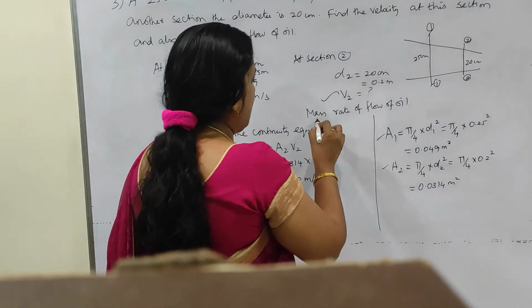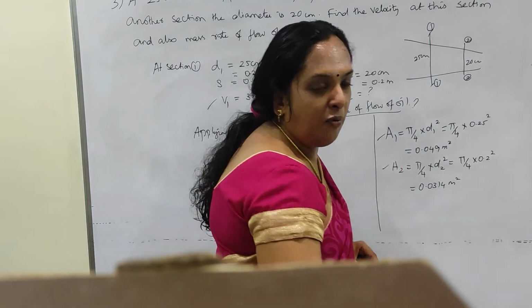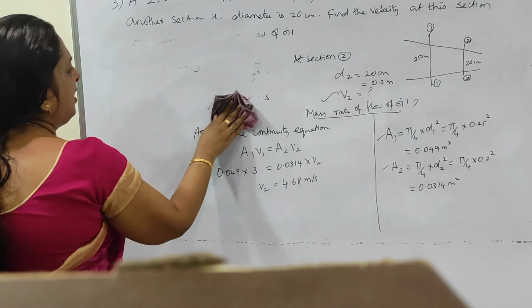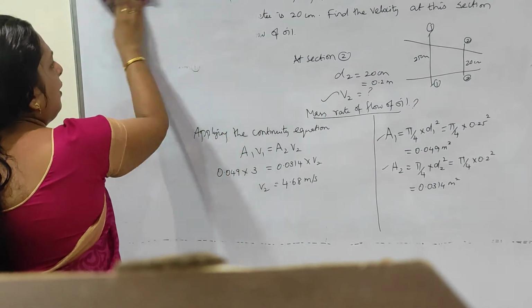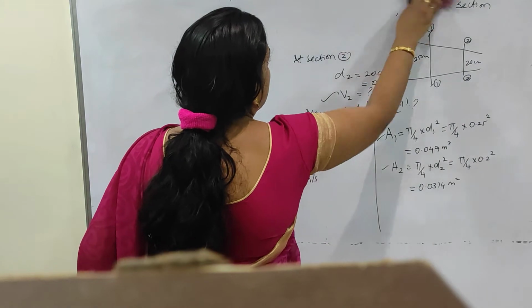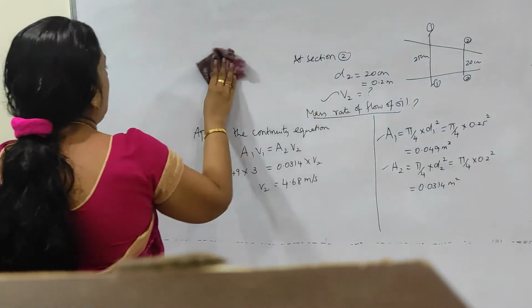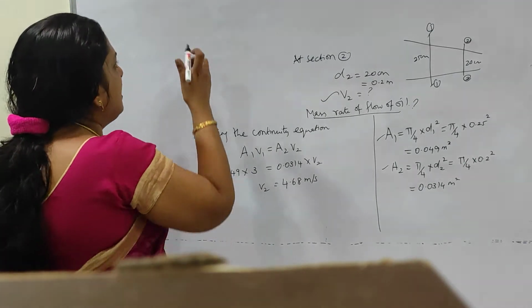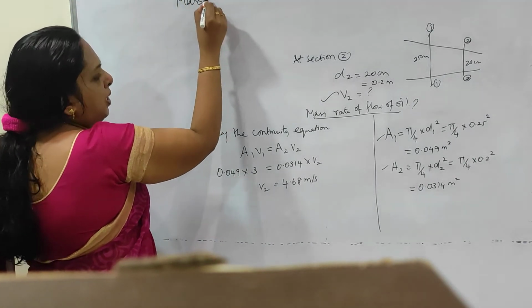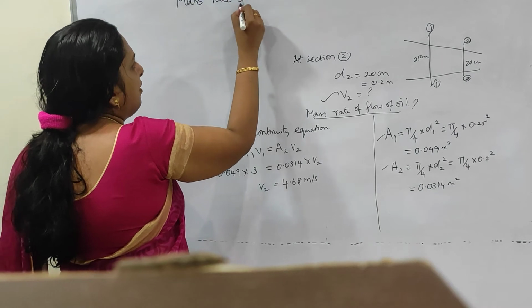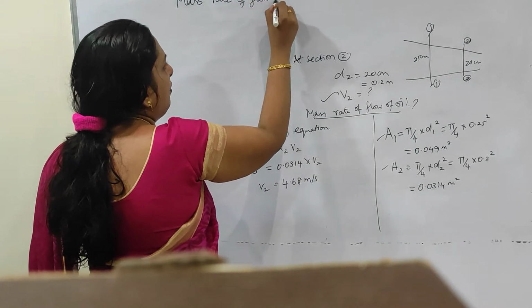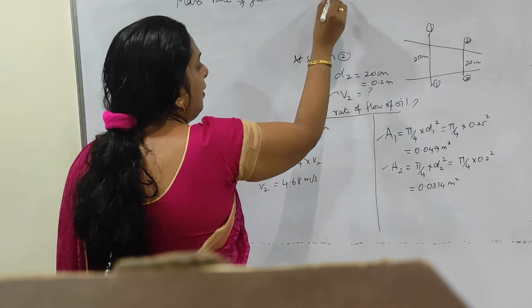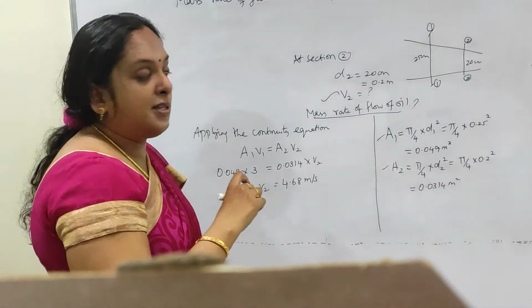Now the other question is I have to find out the mass rate of flow of the oil. So what do you mean by mass rate of flow of oil here? I have to find out this mass flow rate with respect to the oil. So what you get here, mass flow rate will be equal to mass density into Q. So mass rate of flow, this is a new term what we are hearing here. Mass rate of flow will be equal to mass density into your discharge Q.